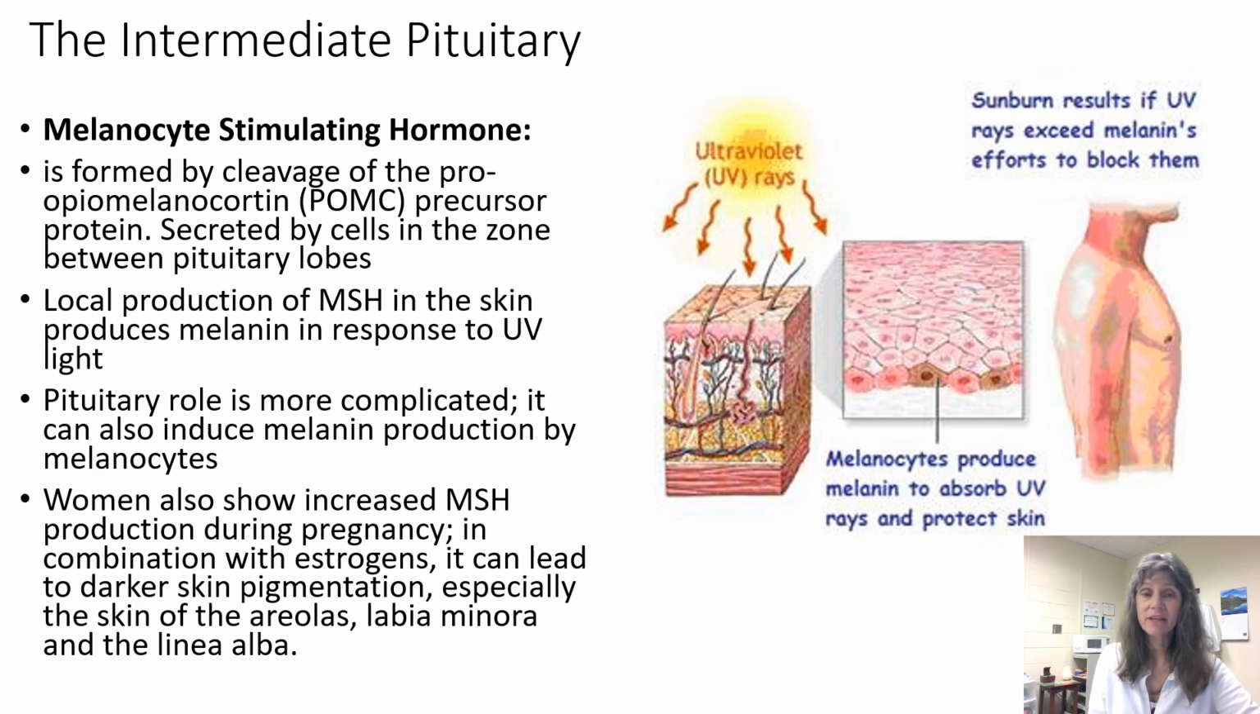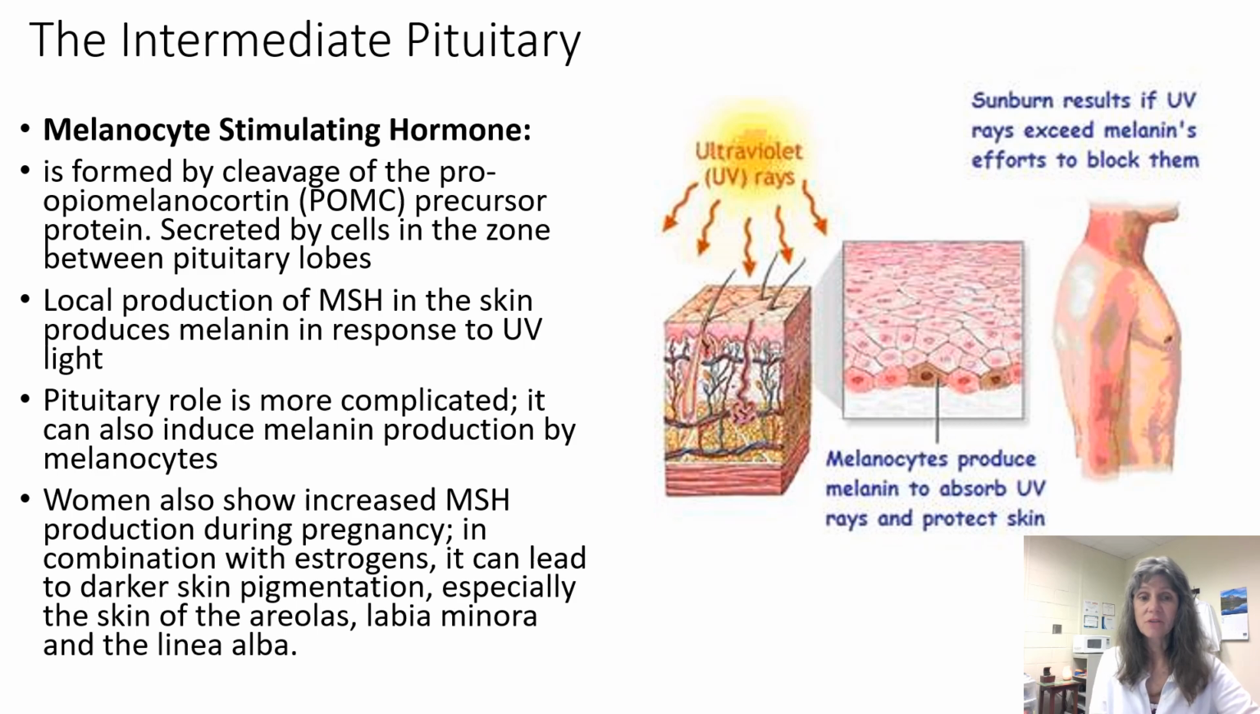The pituitary gland is more complicated because it can induce the production of melanin by melanocytes, and women show an increased production of melanocyte stimulating hormone when they're pregnant in combination with estrogens. It leads to a darker pigmentation of the skin around the areola, which is the area that surrounds the nipple,